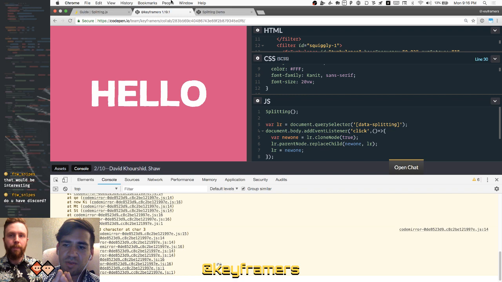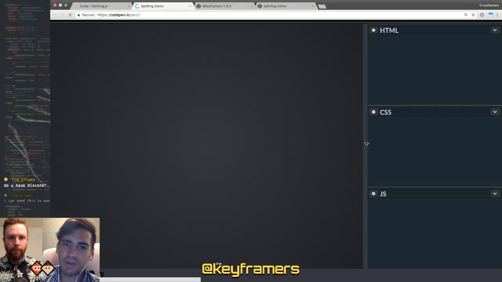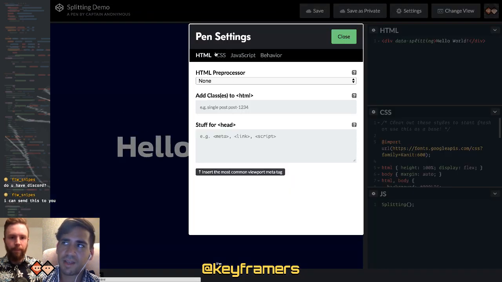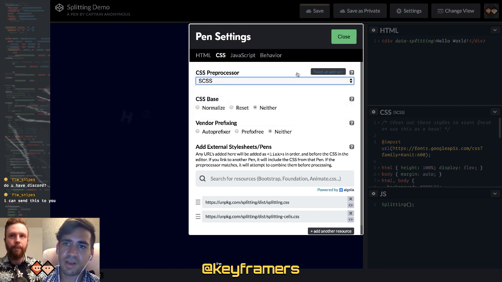Let's just talk through the strategy of this one. Splitting puts whatever character you have, in this case an emoji, in a pseudo element as well. This is going to be useful because we're doing two separate animations on each one. We're moving it not only left and right, but we scale it up and scale it down.